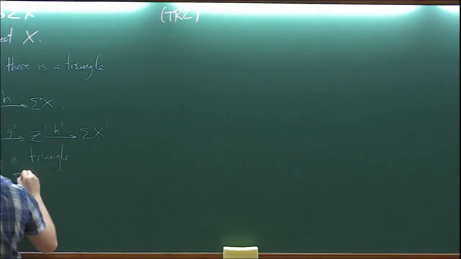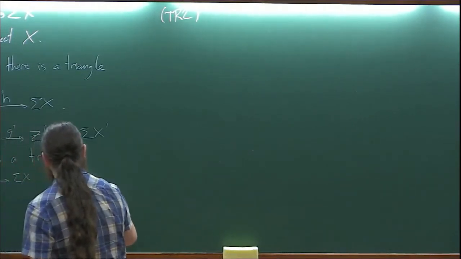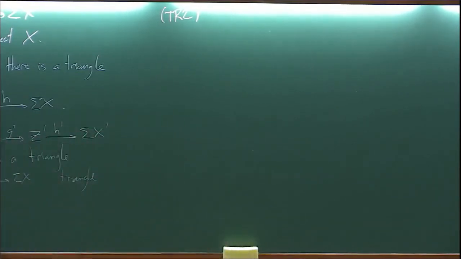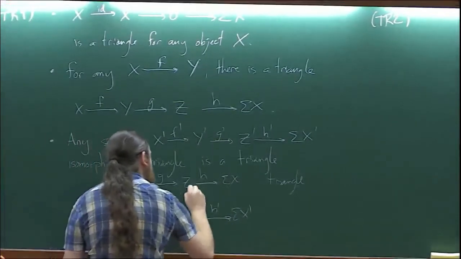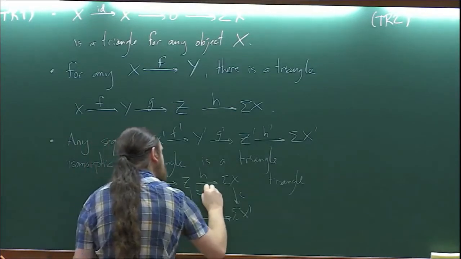you have something like this, which is a triangle in my collection of triangles, and if I have another sequence of morphisms like this, I don't know whether it is a triangle or not, I just know it's a sequence of morphisms. And if I have isomorphisms, vertical isomorphisms, such that every square commutes,